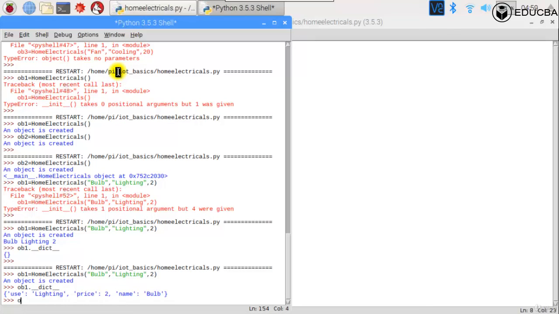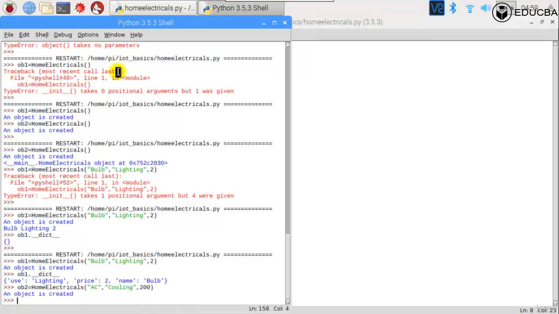Can I create OB2 also, which is also going to be home electricals? This time it is going to have a name of AC. Usage is going to be cooling. And cost is going to be, let's say, $200. Right? An object is created.